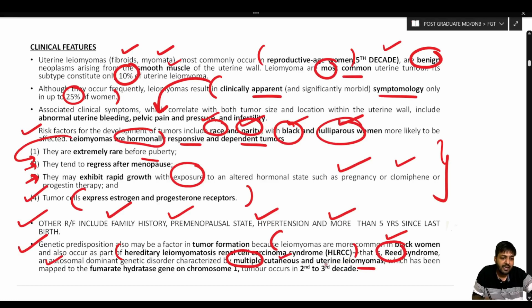Basically, it occurs because of a mutation in the FH gene, that is the fumarate hydratase gene on chromosome number 1. Usually the tumor occurs at a lesser age as compared to the sporadic tumors; over here they occur in the second to third decade of life. So genetically, remember,